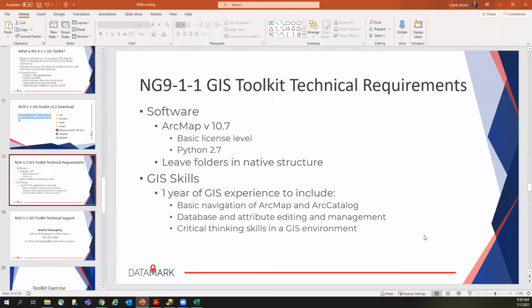So you definitely want to make sure that you're using 10.7. And like I said, if you have any questions about a version for Pro, you can reach out to Charles and Shelley to get the status on that. Now, as far as the soft skills are concerned, you really do want to have a GIS background for this